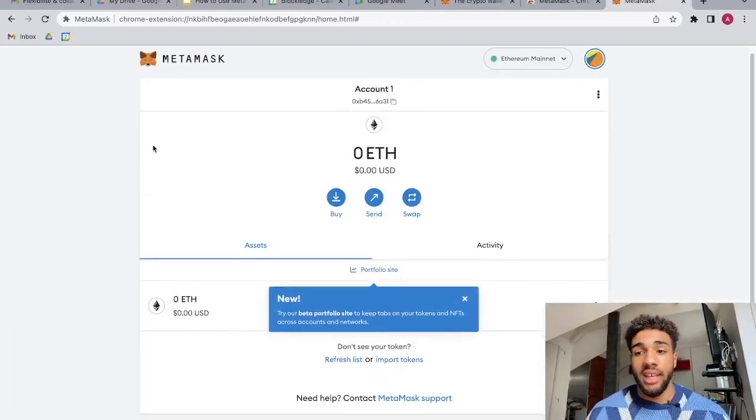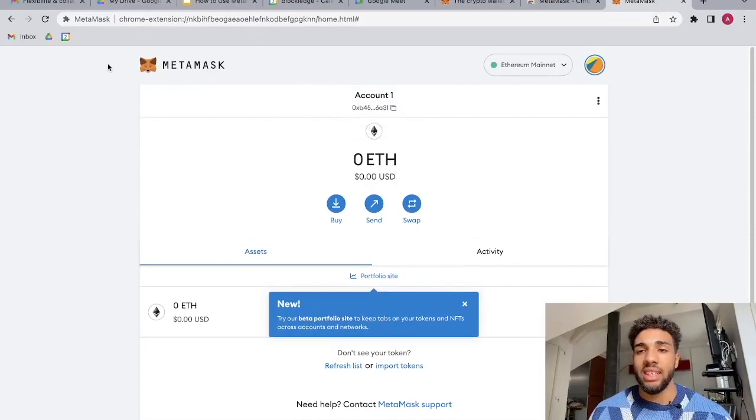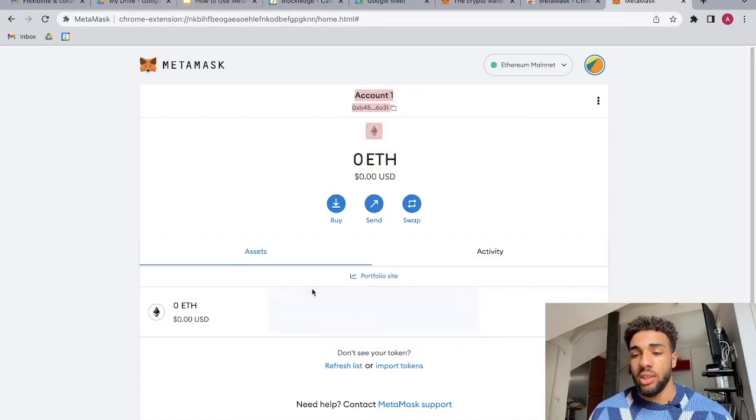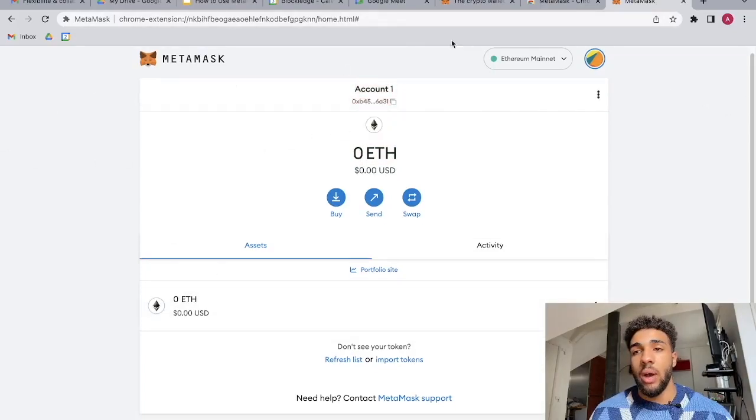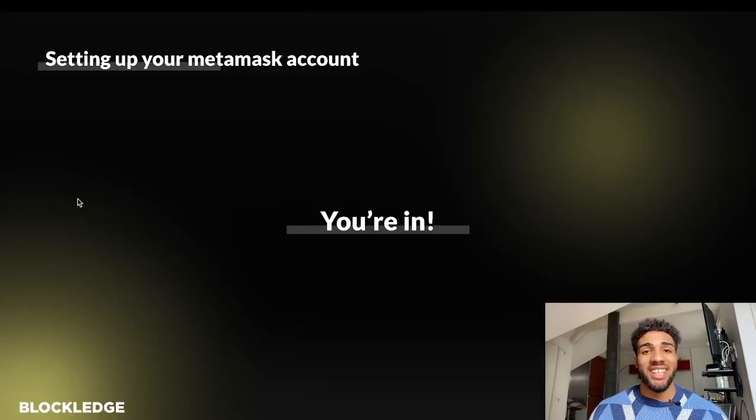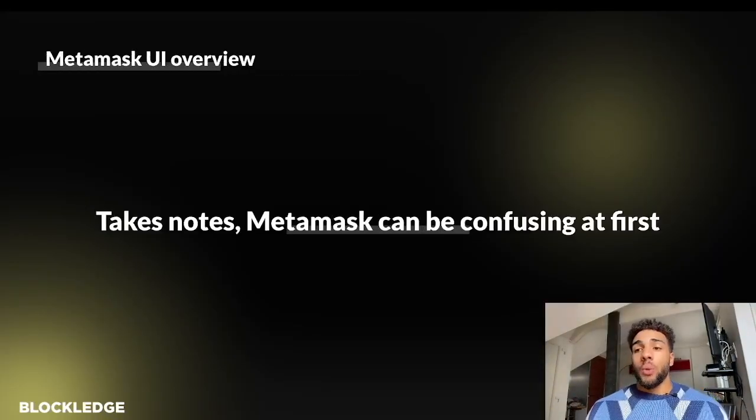All done, and then here we are. We have access to this beautiful wallet with 0 ETH in it. That's Account 1, Ethereum Mainnet. So yeah, we created our first MetaMask wallet together, and that's good. You're in, as I told you. That's great. So now I want to show you the MetaMask UI, because it can be very confusing at first